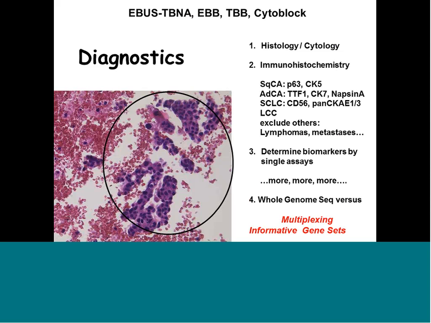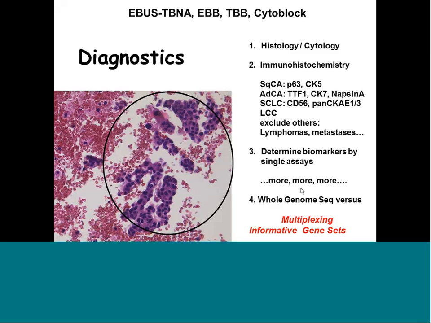Now coming back to diagnostics, the problem we have in anatomical pathology is that we frequently deal with very small biopsies and very little tissue. And we need, of course, a correct histology. We need to know that this is a carcinoma of the lung, not a metastasis from another carcinoma, not a lymphoma or some other disease. So we need to have histology, immunohistochemistry, and then determine all those predictive biomarkers to guide therapy. And these biomarkers are growing more and more every month.